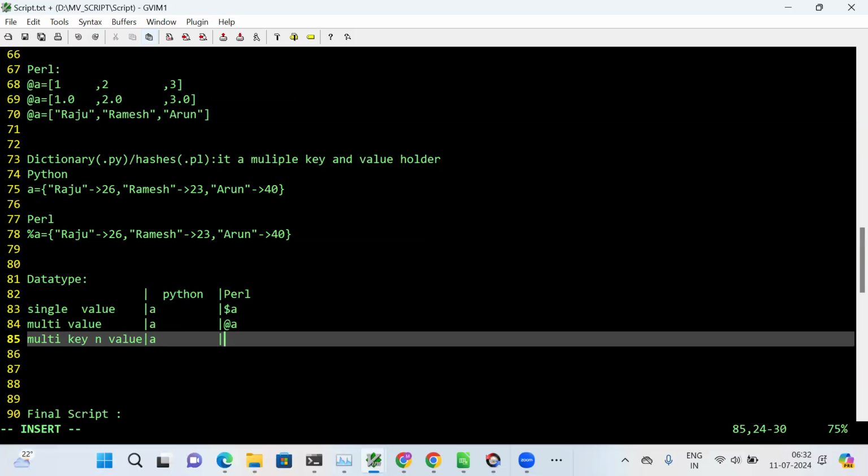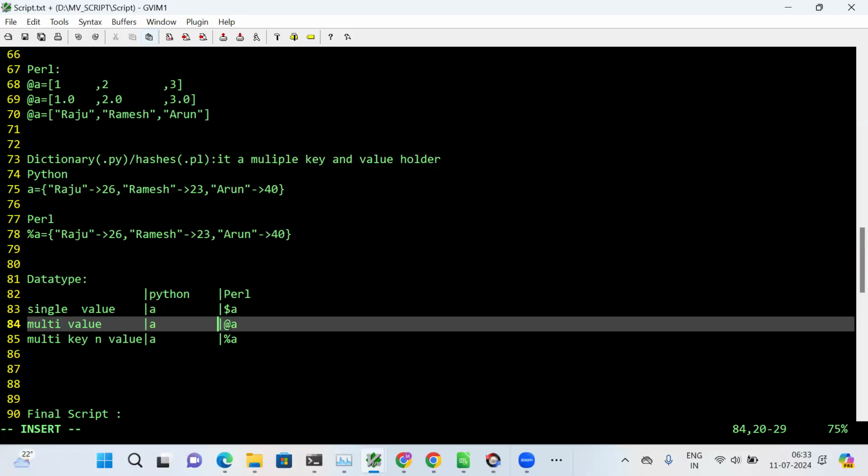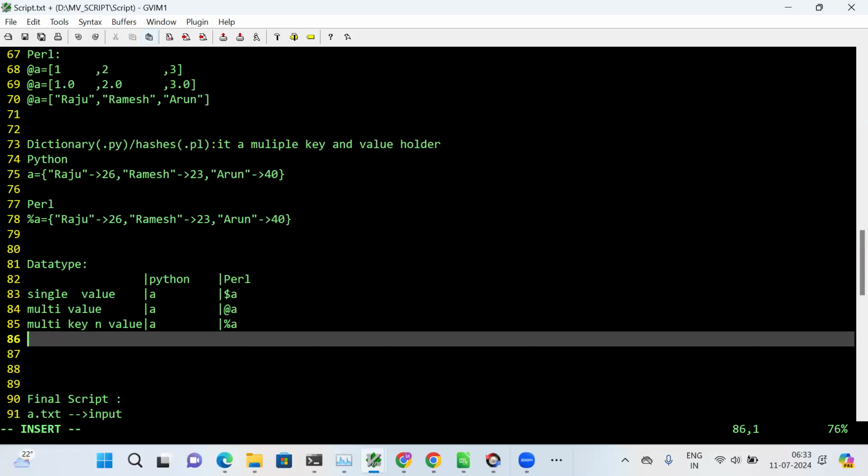A you will write percentage. Key variable name will be like A only. You need to use it. Okay. Now